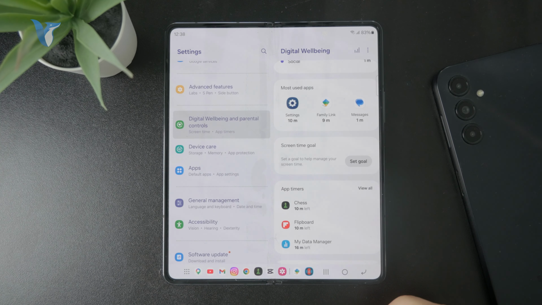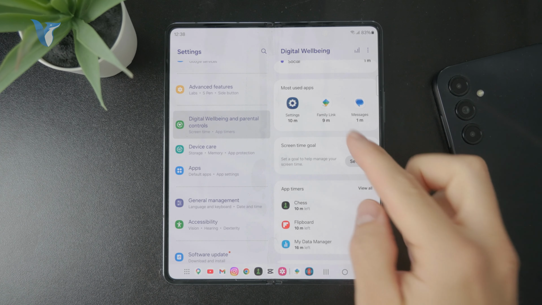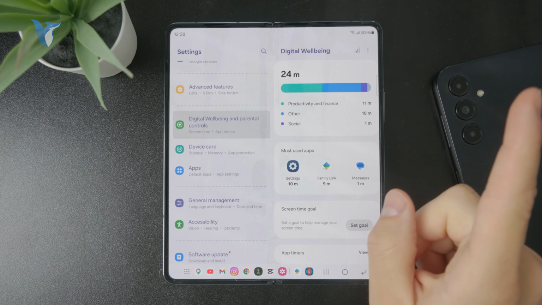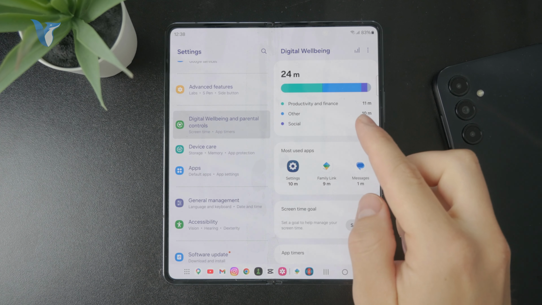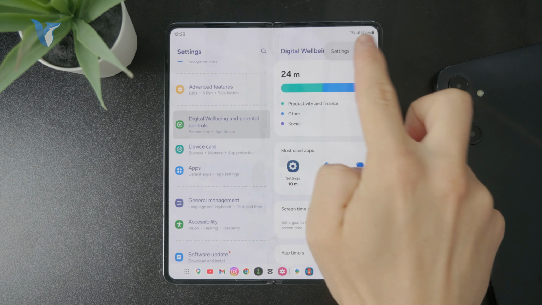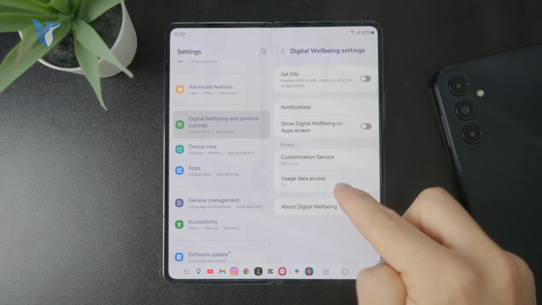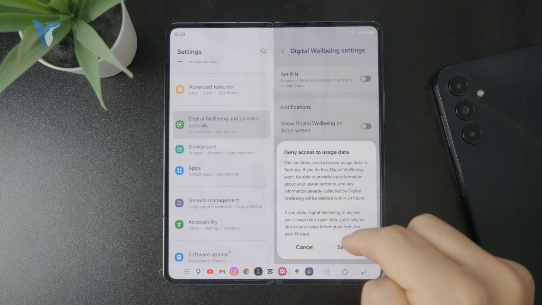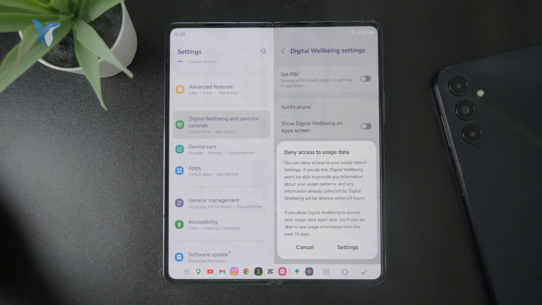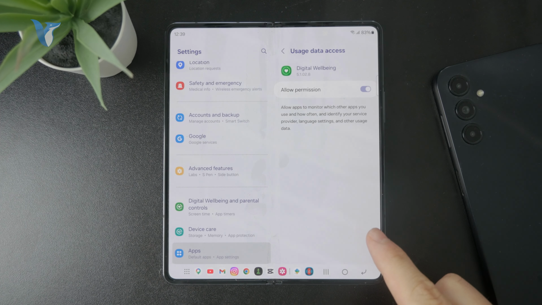But if you mean just leaving out one application from the data right here, then it's not technically doable. There are some workarounds. Because what you're going to do is to open up your digital well-being like that, tap on the three dots and go to settings. And below we have the usage data access, and you can tap on it. It's going to ask you if you really want to deny the data, because without it, the screen time will not even be captured. So you can continue, go to these settings and click on a not allow permission, which